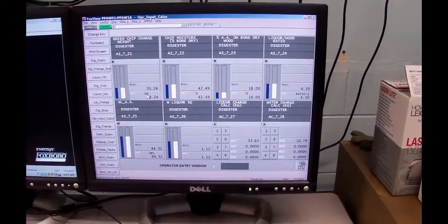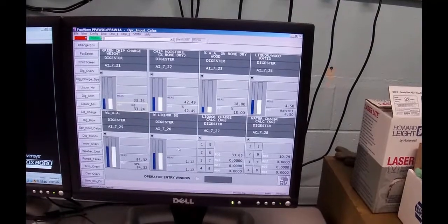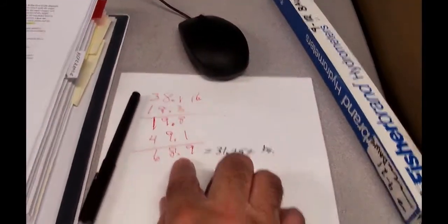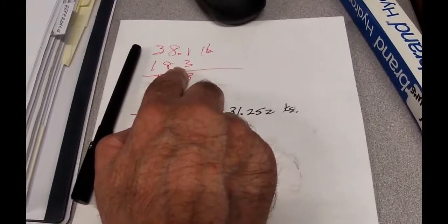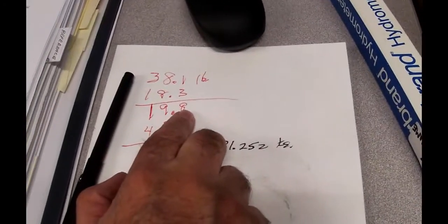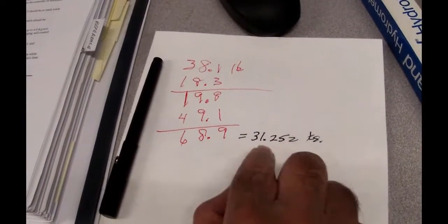What we can do is we can actually enter the raw data in. So the green weight charge of chips, we worked that out to be 31.252 kilos. It was 68.9 pounds. You remember I had 38.1 in the one bag. The second bag I put on, after we dumped chips in, we still had 18.3. That gave me 19.8 pounds that we used out of that second bag. And the first bag we used all of it, so it's 49.1 pounds for a total of 68.9, which converts